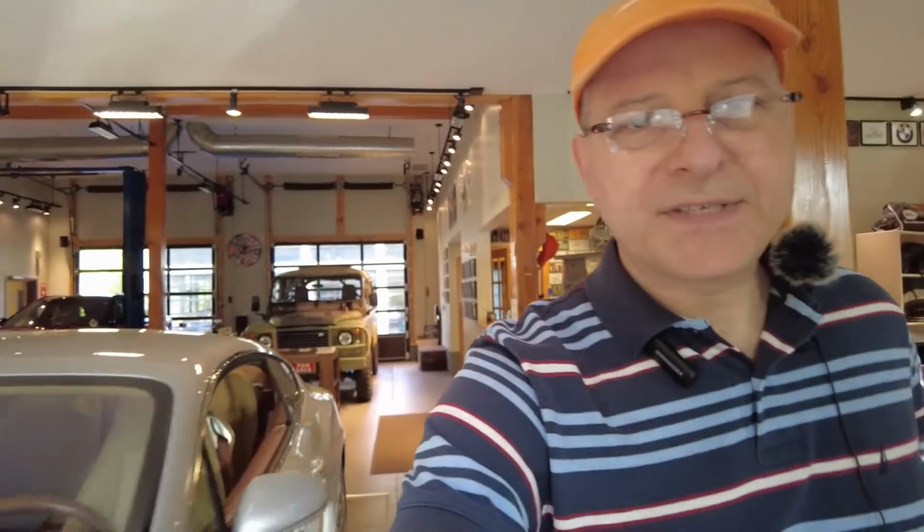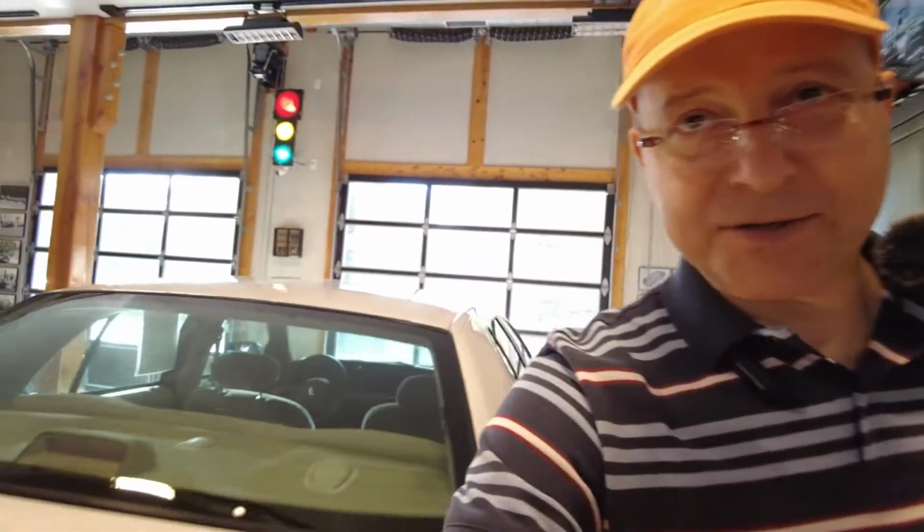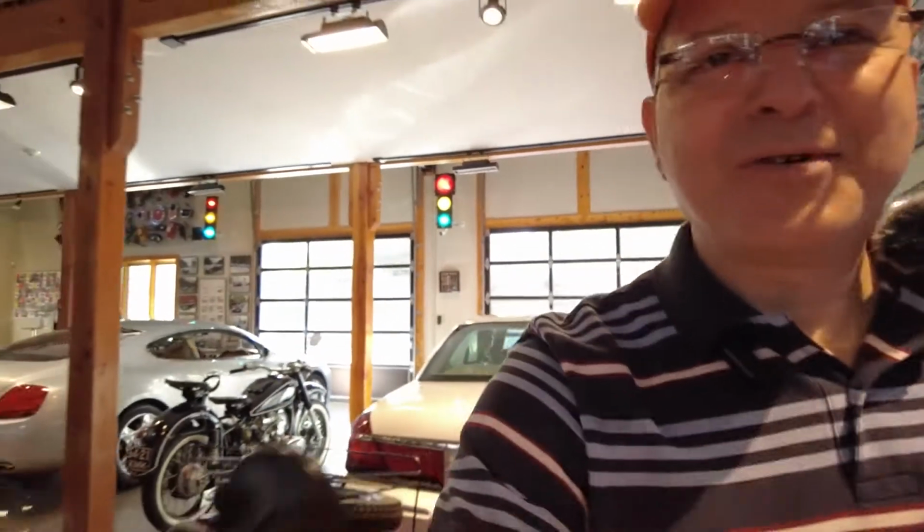In the background, you see a Land Rover Defender 110 Parenti. You see the Bentley Continental GT. And right next to it, you would never think, but we have a Mercury Grand Marquis in amazing original one-owner condition with 40,000 miles. We have two Russian motorcycles with sidecars right next to it. We have the Range Rover